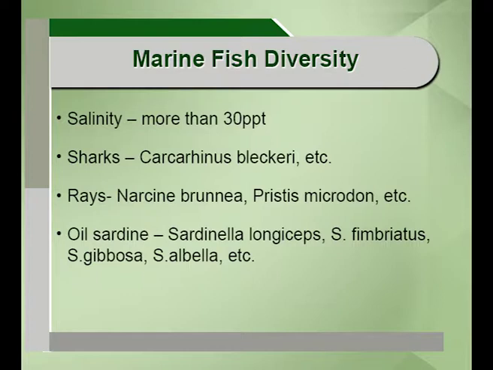And more importantly, the sharks, that is cartilaginous species, and the rays are cartilaginous. These are very important groups of species. Sharks and rays are important species thriving in the marine region. For example, definitely I need to give an example: as far as the sharks are concerned, it is Carcharhinus melanopterus and Carcharhinus dussumieri. These are very important species as far as sharks are concerned, and as far as the rays are concerned, Narcine brunnea, Pristis microdon. These are two important species as far as rays are concerned. These are two important things, sharks and rays. They are highly vulnerable also. We must take into account the vulnerability. We must take into account the production potential also.